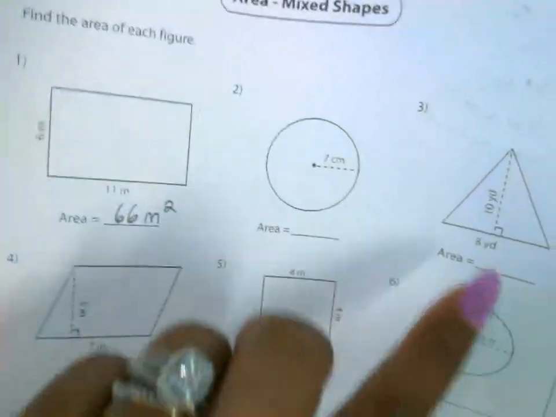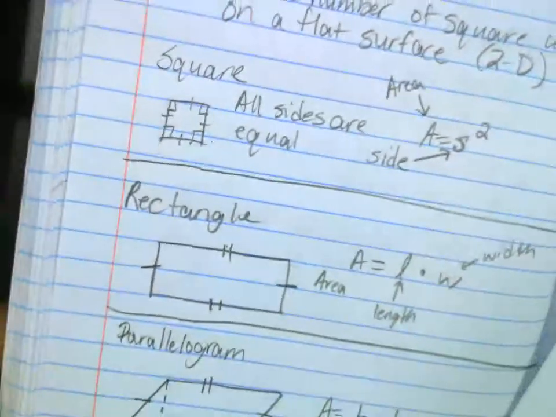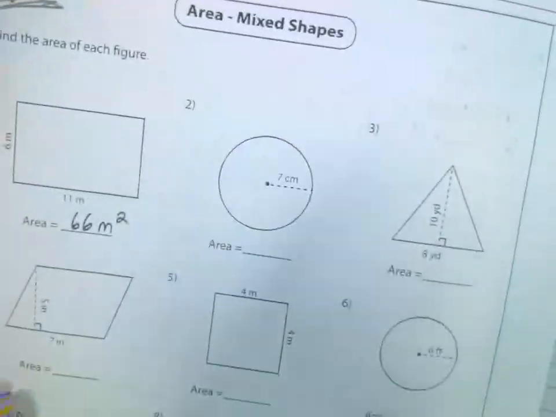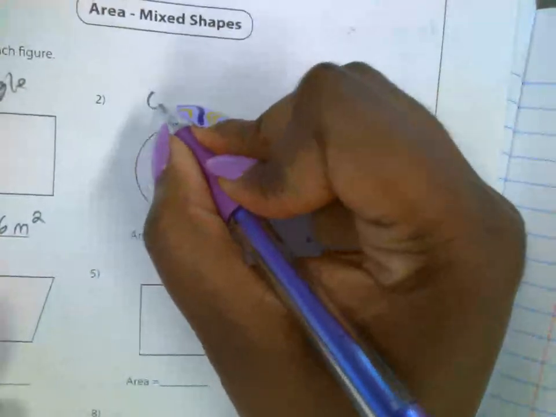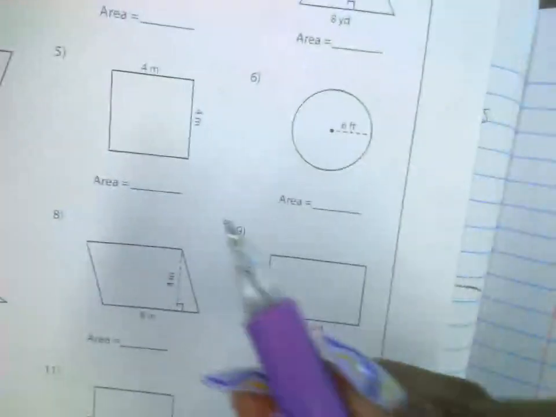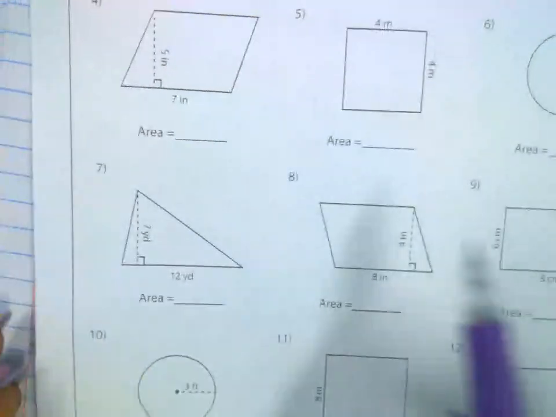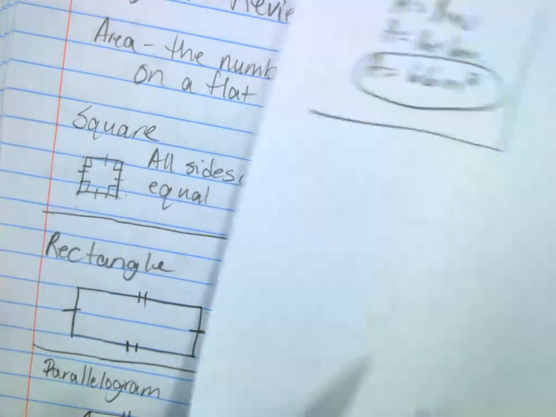And now you're going to do the circle. You're showing your work, and you're putting it on the back. Don't forget to use these formulas to solve the problems on the front. Again, this is a rectangle, so you're going to use the formula for rectangle. This is a circle. This is a triangle, a parallelogram, a square, all the sides are equal, a circle. Please make sure you finish all of this, show your work on the back,